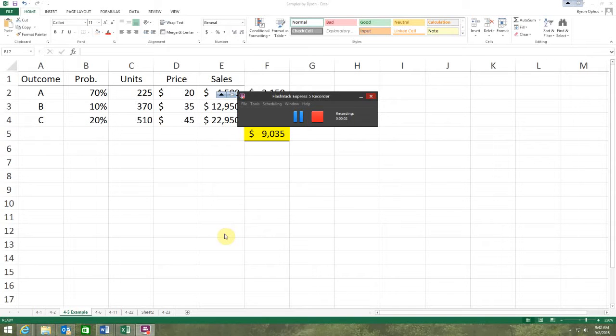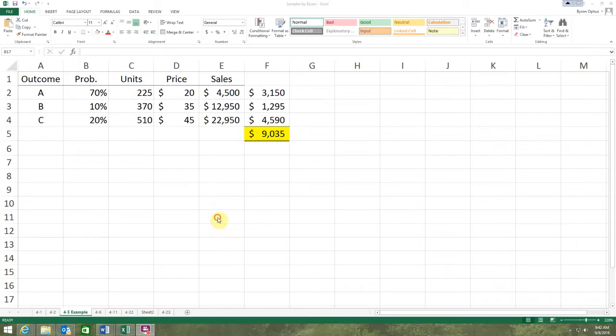Let's take a look at 4-4, which is just like 4-5 in terms of what we're trying to calculate here, and that is we're making some estimates about projections for our next year's sales. And in doing that, we're saying that our prices may vary, and so if our prices vary, it's going to have an impact on our sales. We're also applying a probability to that,